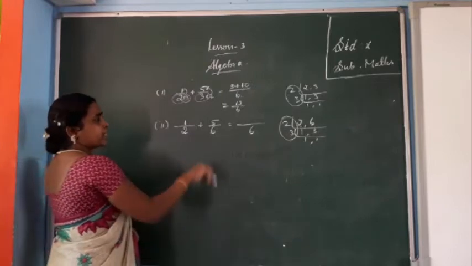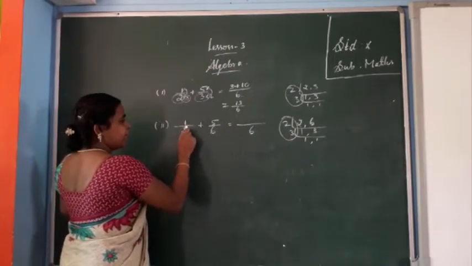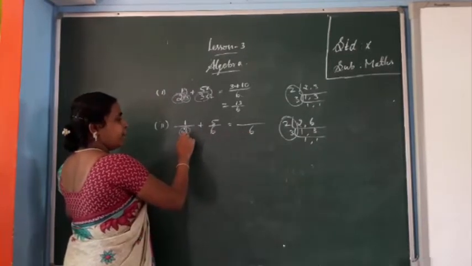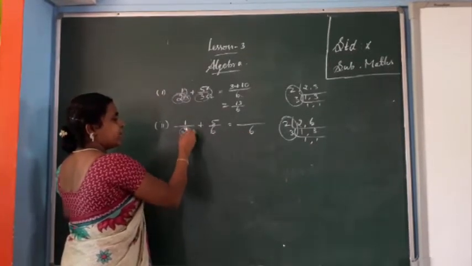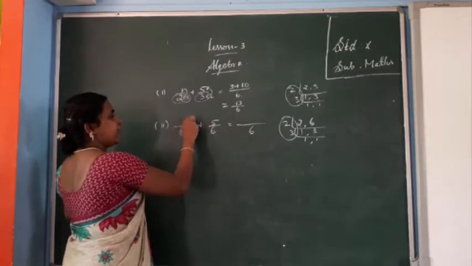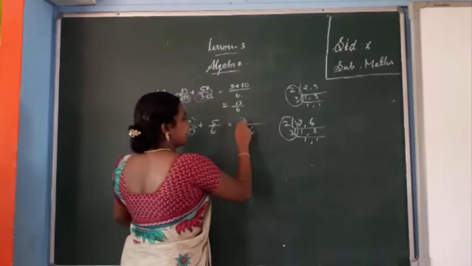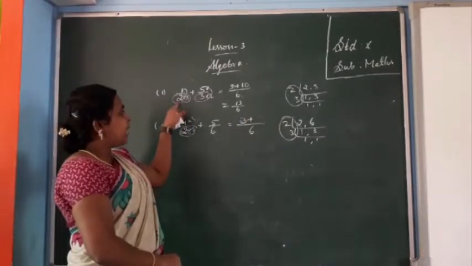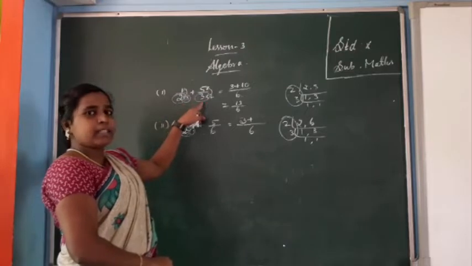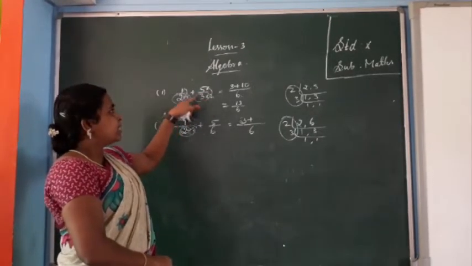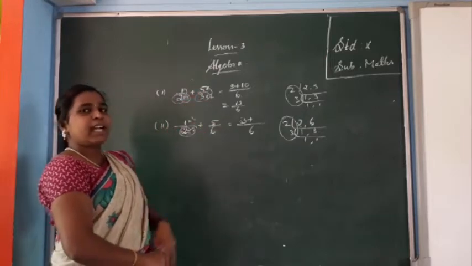Now you see the first term. In the first term the denominator is 2. Now I have written 6. If you multiply 2 by 3 you get 6, 2 3s are 6, isn't it? So the same value you multiply by the numerator: 1 into 3 is 3. Okay, then plus. Now you see the second part. In the last problem both were different, right? 2 is not divisible by 3 and 3 is not divisible by 2. Just cross multiply and you will get the answer.